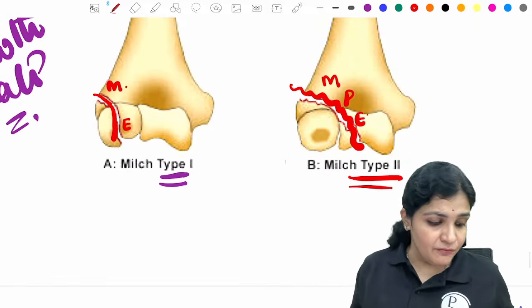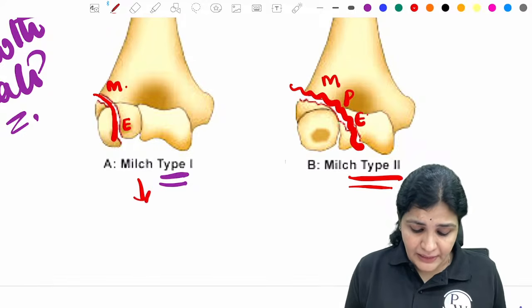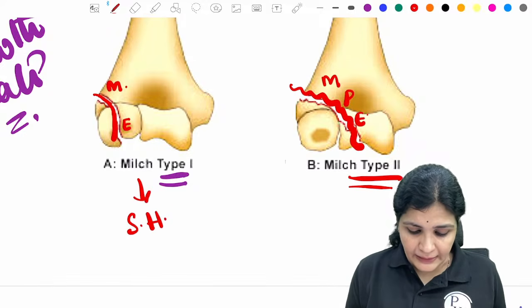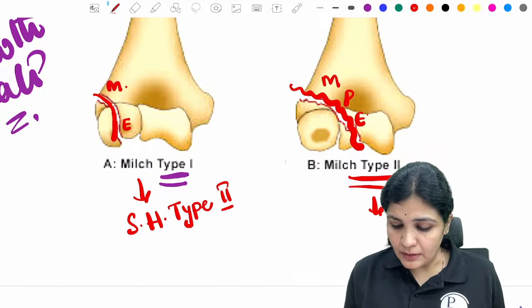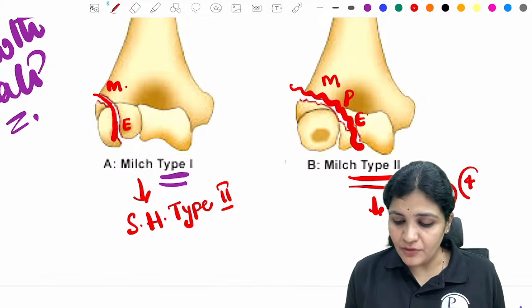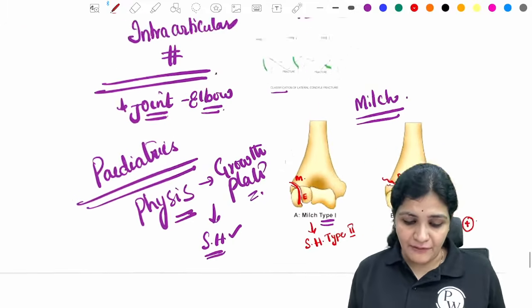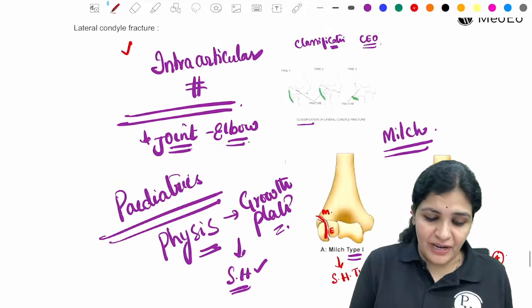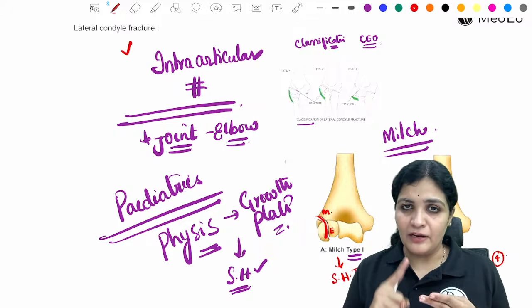Now the type 1 can be Salter-Harris type 2 and this is type 4. For that you have to understand what the Salter-Harris classification is, right? For now, just remember that the lateral condylar fracture is an intra-articular fracture, and here what happens is there is an involvement of the